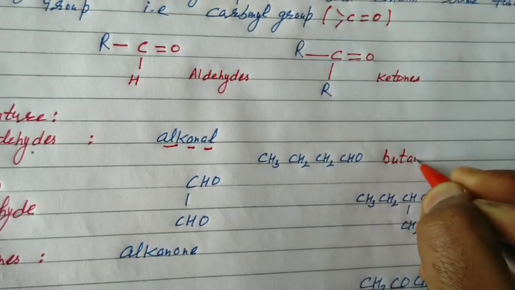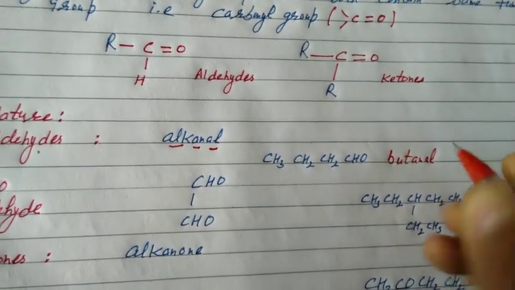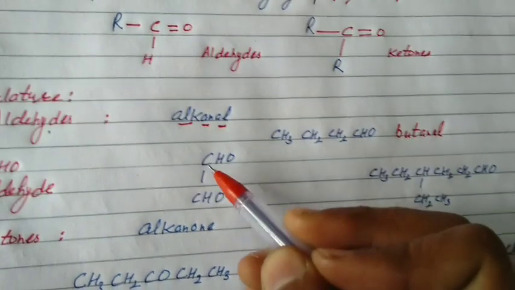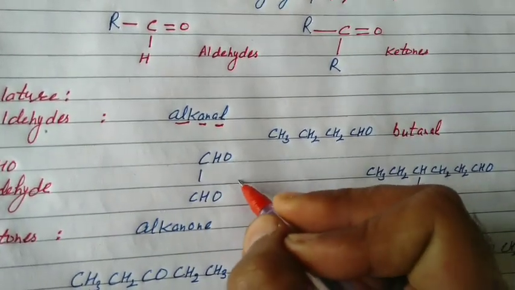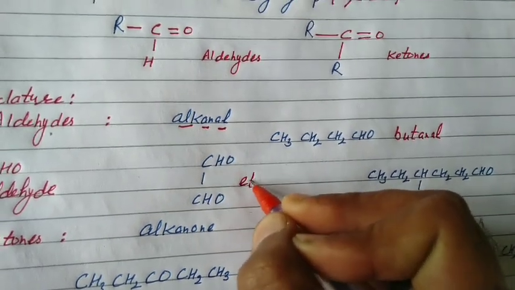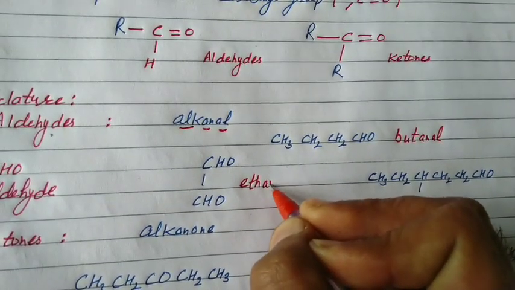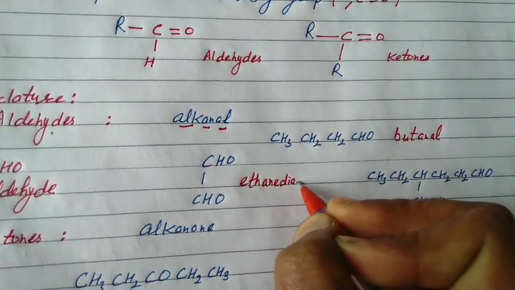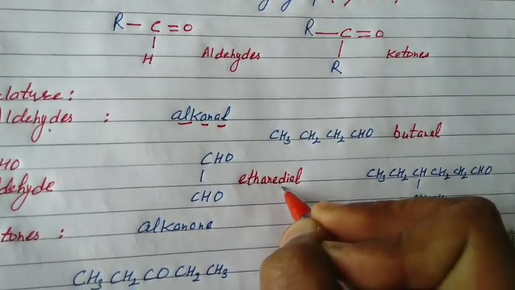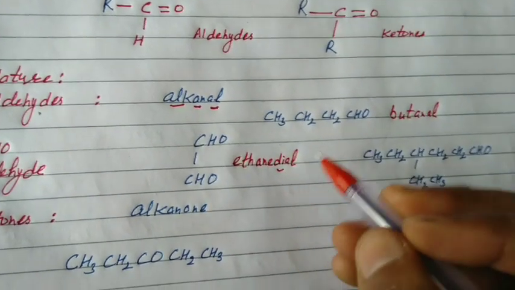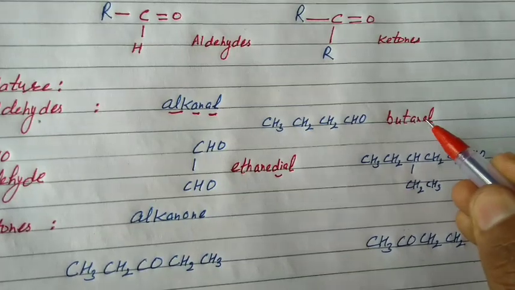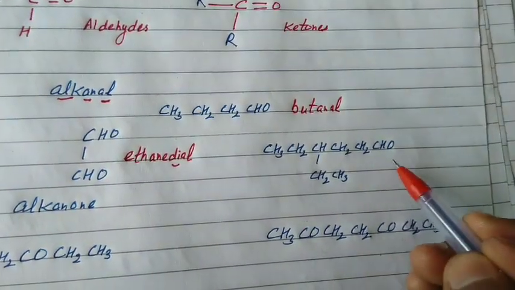Butane, al. Next, CHO, CHO. There are 2 carbon atoms. Eth, primary suffix ane, dial, ethanedial, because the functional group repeats 2 times. Now in this case, the e of the primary suffix will not be deleted, since the vowels will not occur continuously, so we delete the e only where needed. In the same way, practice it by yourself.